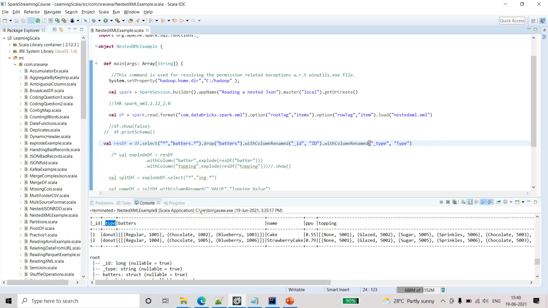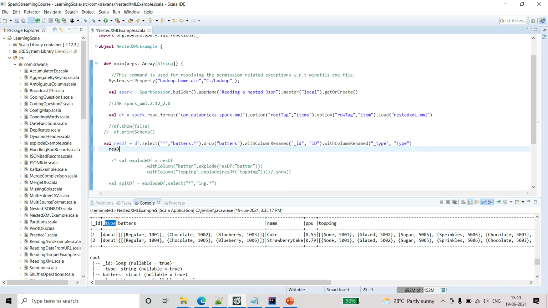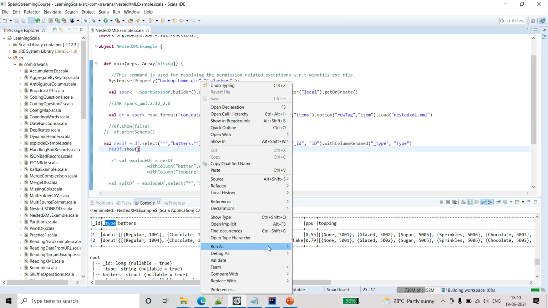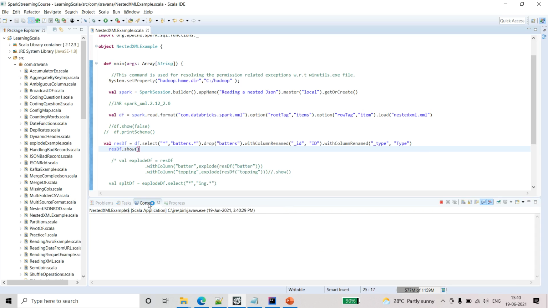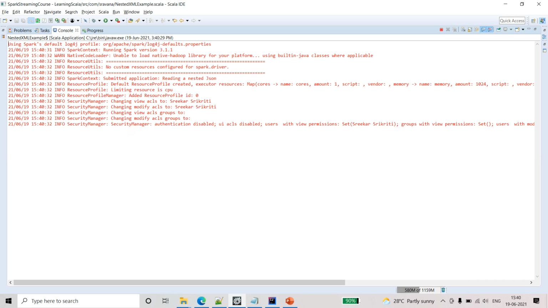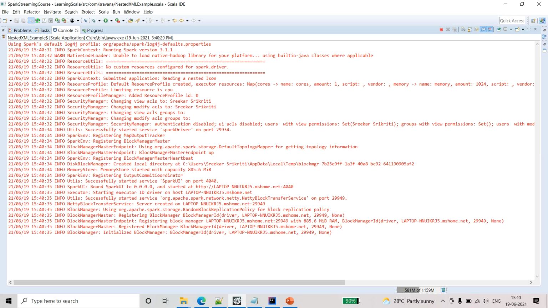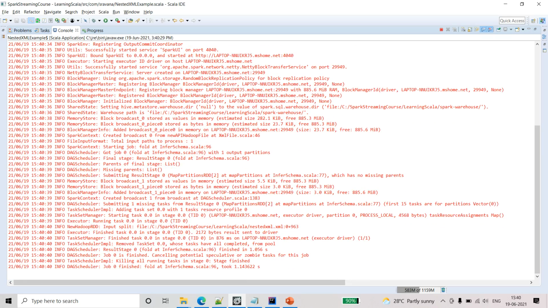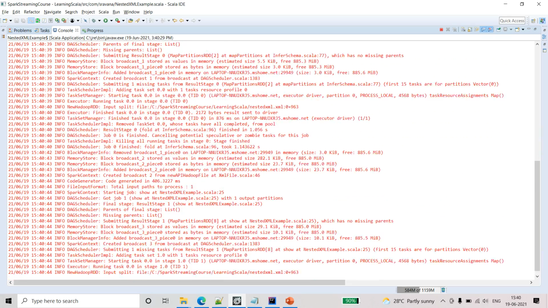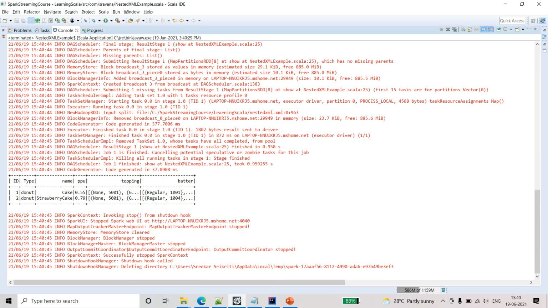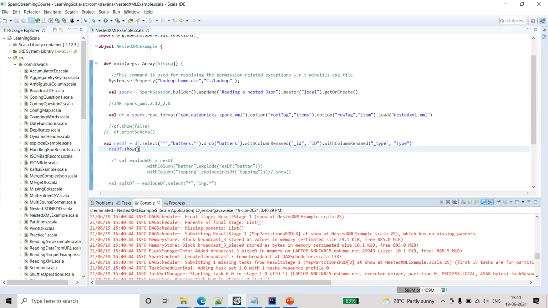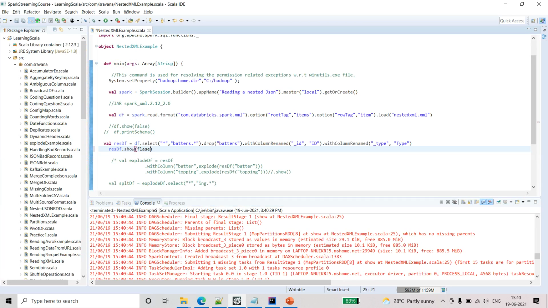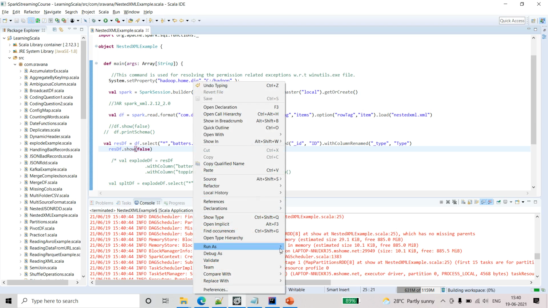So now we will print this df and let's see what exactly it prints. Let me put it as false so that the output is clearly seen.